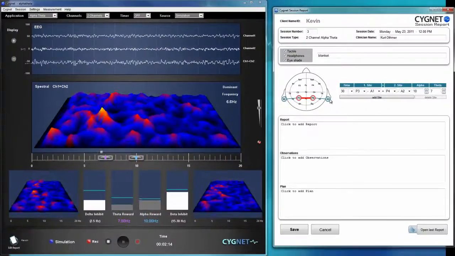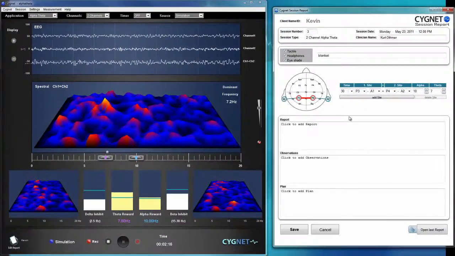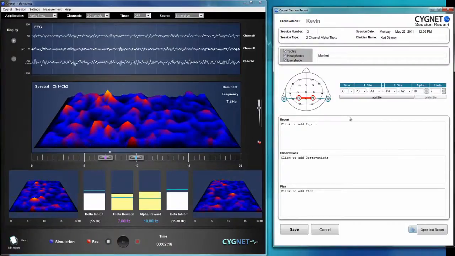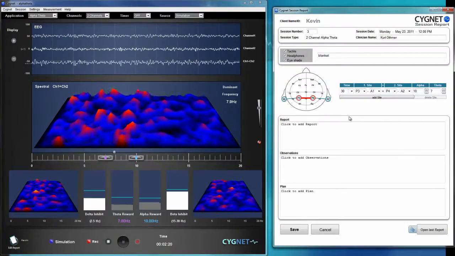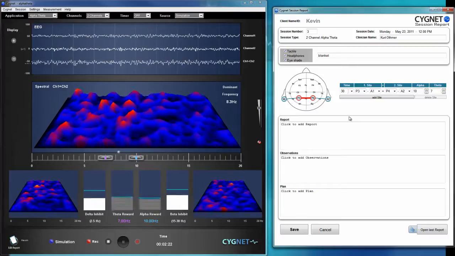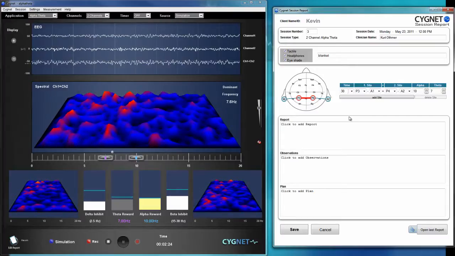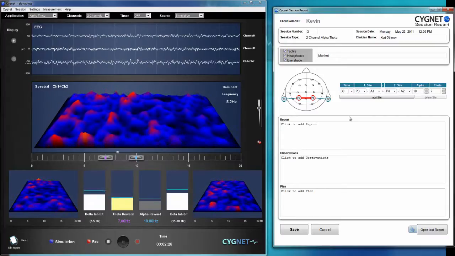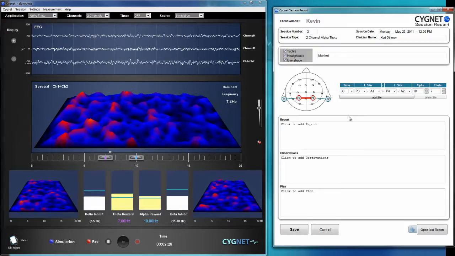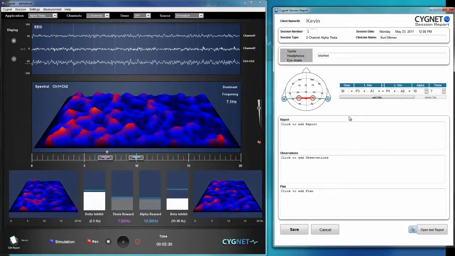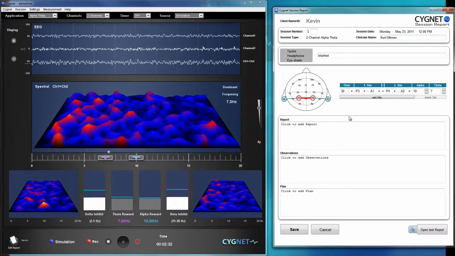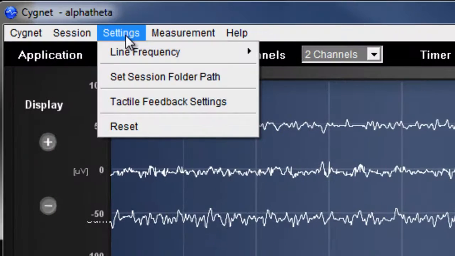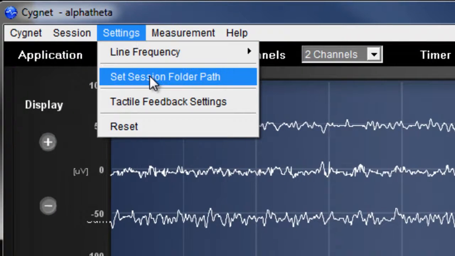One last thing I want to show you here in the new Cygnet report is that if you're in a large office, and even if you just have an awake state system and an alpha theta system, and you want to have that same client, you're saying to yourself, hey, if I had Kevin as a client and he was in our awake state room and then he went into the alpha theta room, we wouldn't have him in the list. One really cool thing we can do here is if I go up to settings and I choose set